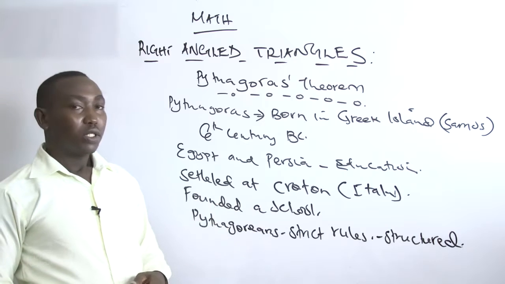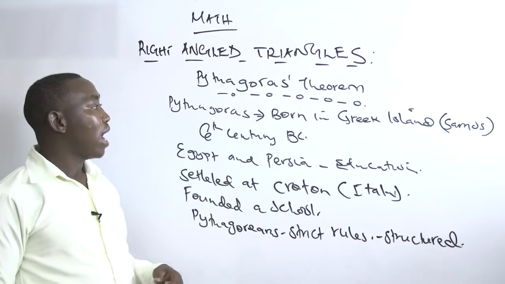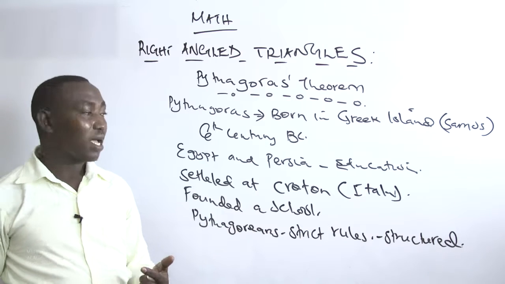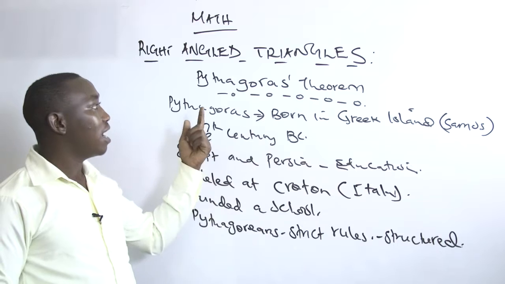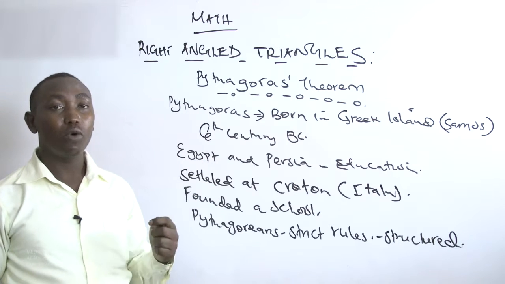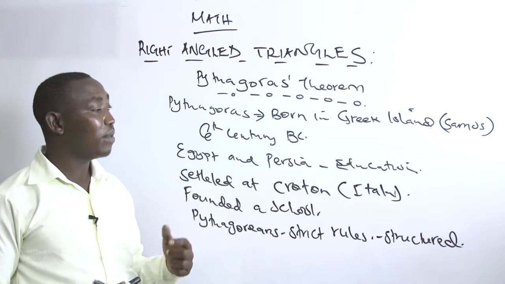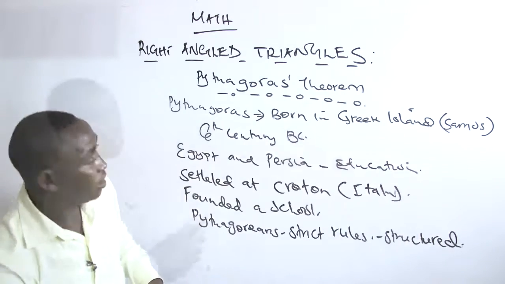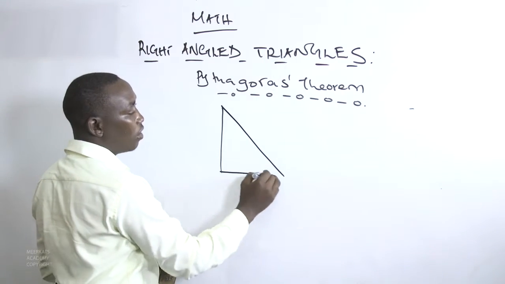The Pythagoreans, while studying in that particular school, were able to come up with the famous Pythagoras Theorem, which they named after the founder of the school, Pythagoras. The famous theorem states that if you have a right angled triangle,